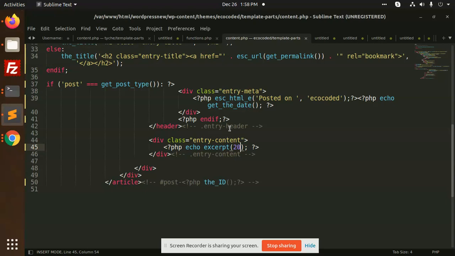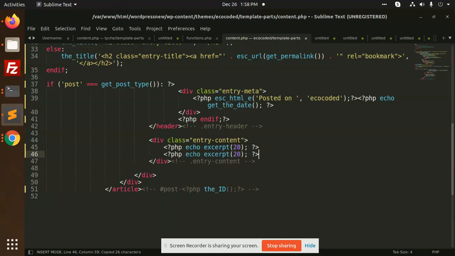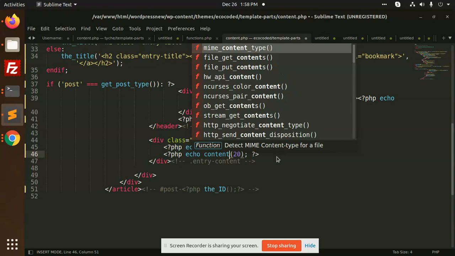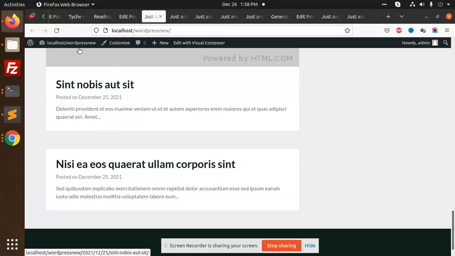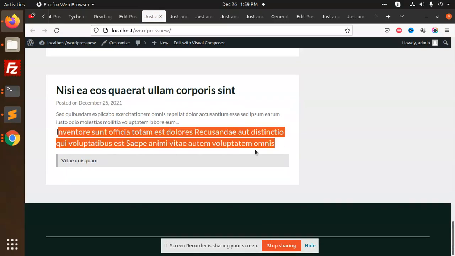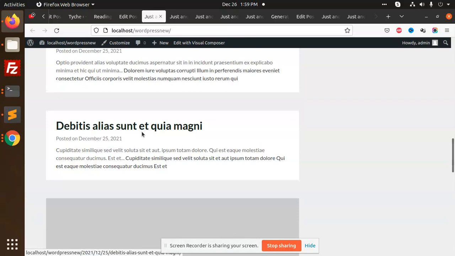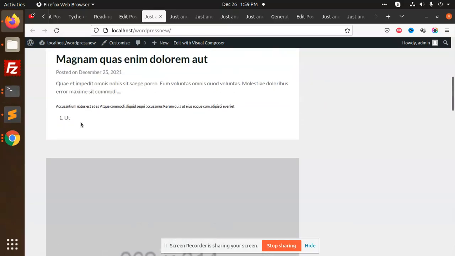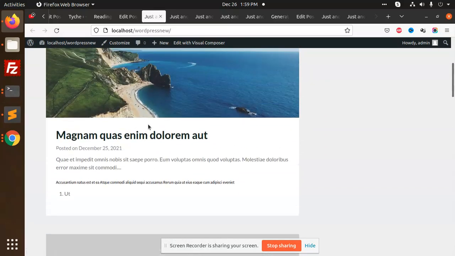So let's do the next one also the same way. I can limit the content length also. If I go and just check, here I'm going to add content, and here the content would be 20. So if I load it, see, the content length of 20 is coming, right? So here you can optimize the length of the content and trim the excerpt length also.